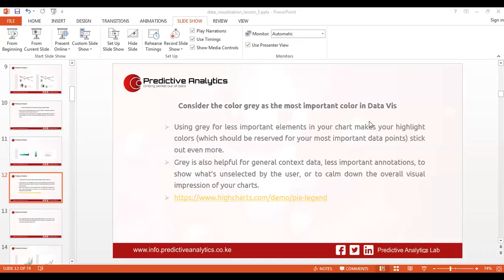I can't seem to figure out a way of sharing the browser that I have currently, but if you can click on that link, probably you'll be able to see. So going back to our presentation,